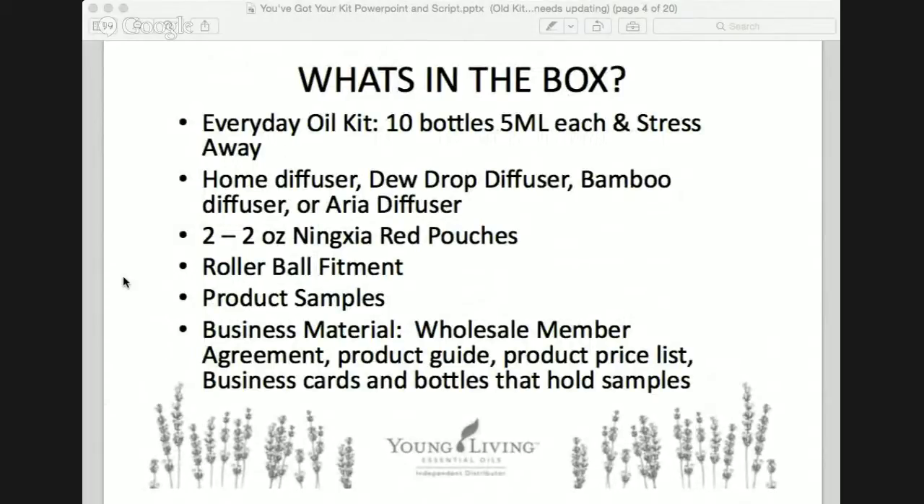2 boxes. One box has your diffuser, which was either the home diffuser, the dewdrop diffuser, the bamboo diffuser, the aria diffuser, depending on which one you chose. The everyday oil kit, which is 10 bottles, 10 5-milliliter bottles, and a bottle of Stress Away, 2 2-ounce NingXia Red packets, a roller ball fitment, product samples, some business material, the member agreement, product guide, product price list, business cards, and my favorite addition are the little bottles, tiny amber bottles that can hold samples, which I think is